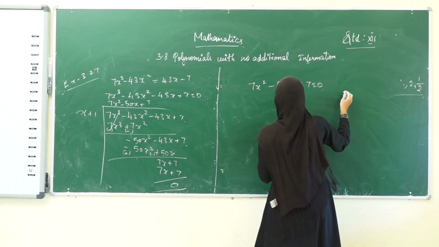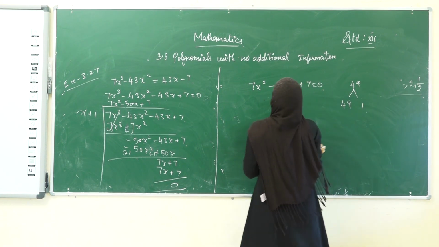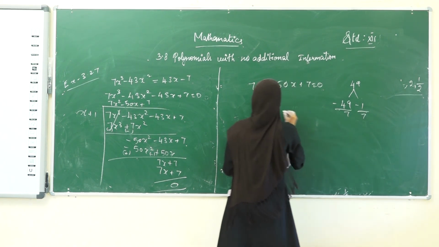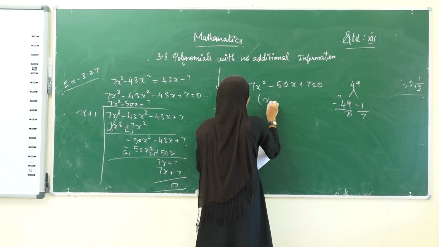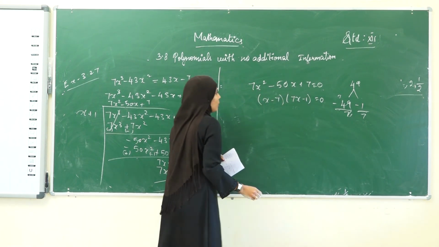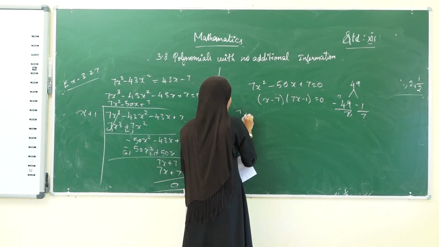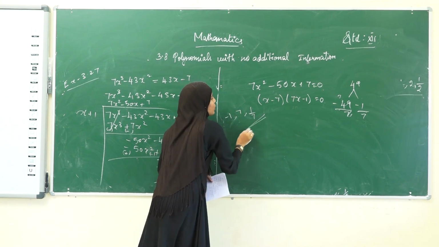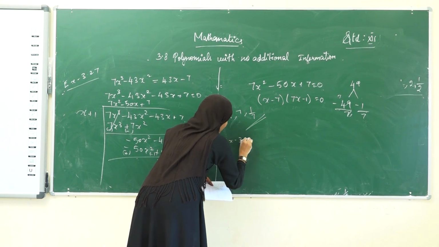We are going to factorize this. 7 into 7 is 49. 49 into 1. When we are adding this, we should get minus 50, therefore minus 50 divided by 7. What's the value here? 1 and 7. Therefore (x minus 7) into (7x minus 1) is equal to 0. We already got one of its roots, that is minus 1. The other two roots are 7 comma 1/7. Therefore minus 1, 7 comma 1/7 are the three roots of the given equation. So the example 3.28, what they have